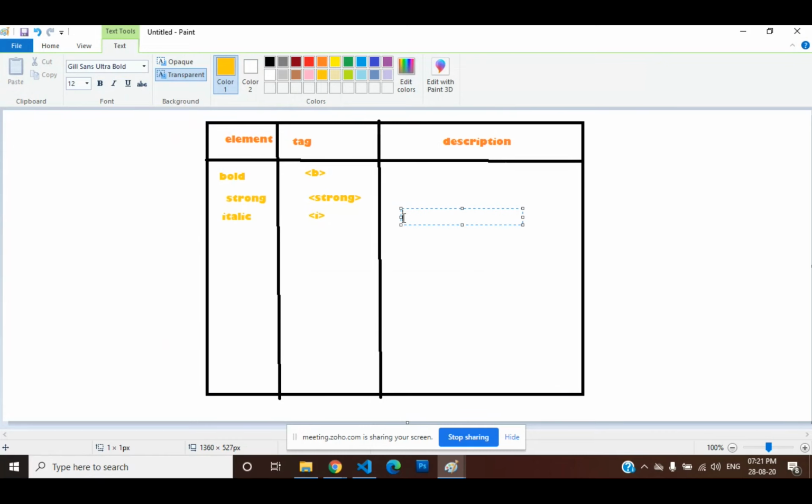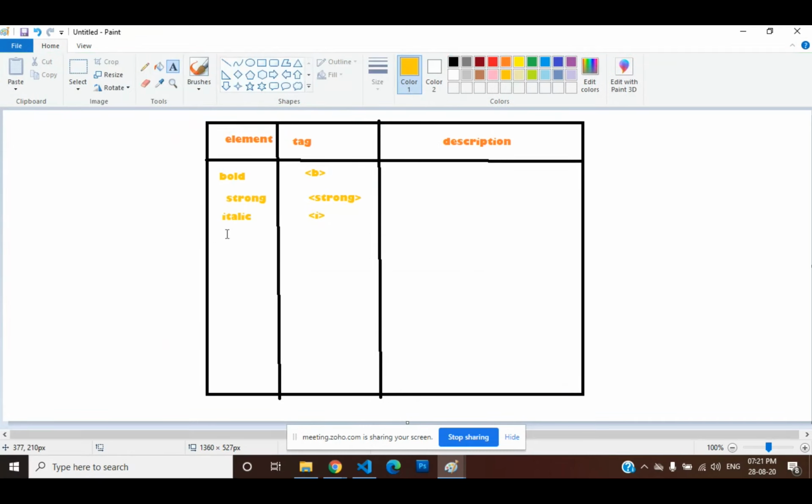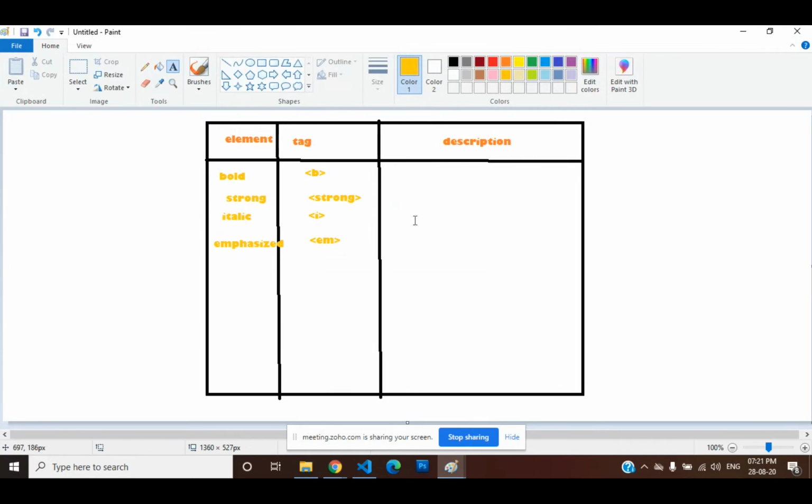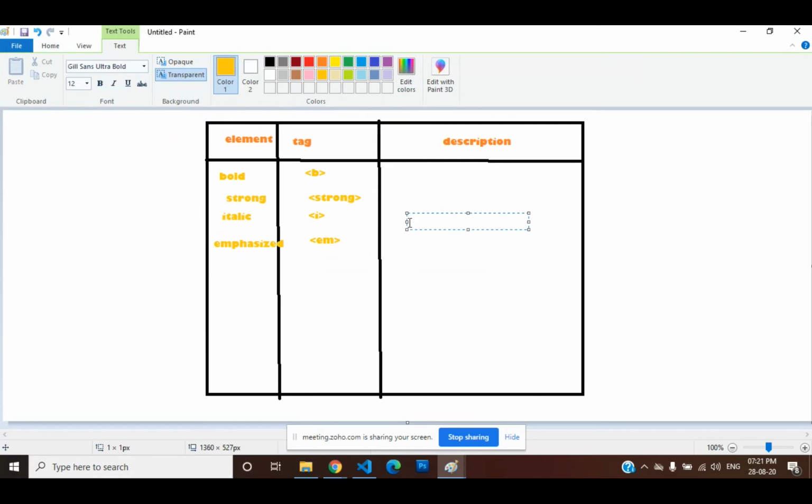Now coming to the next element, emphasized. This is the element. Now for this tag, what? EM means emphasize. This is the tag for emphasized. Now coming to the description for emphasized.